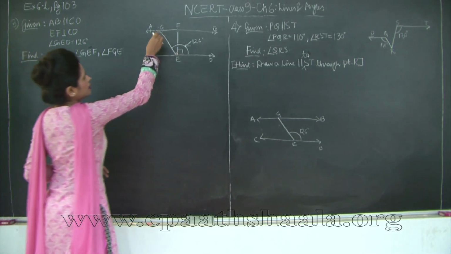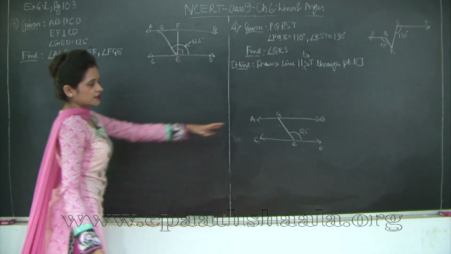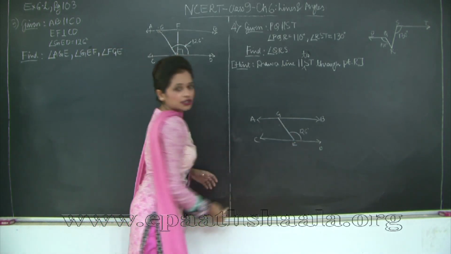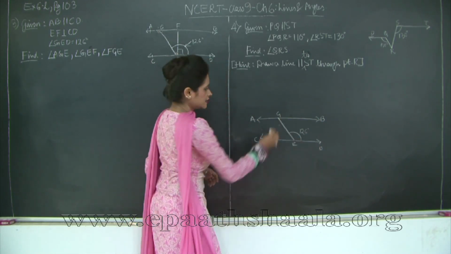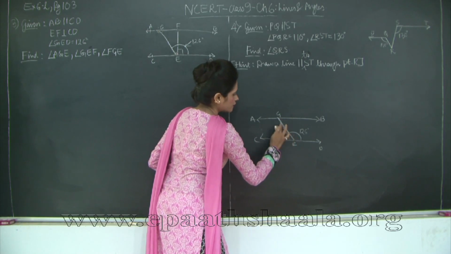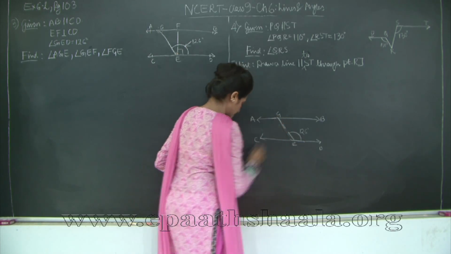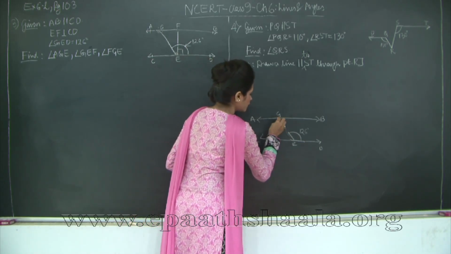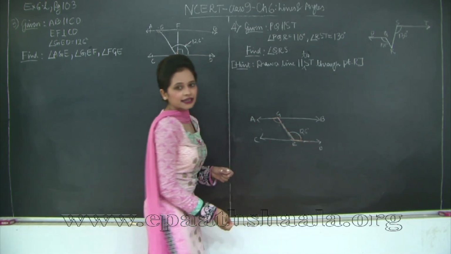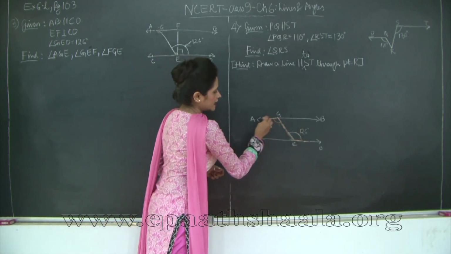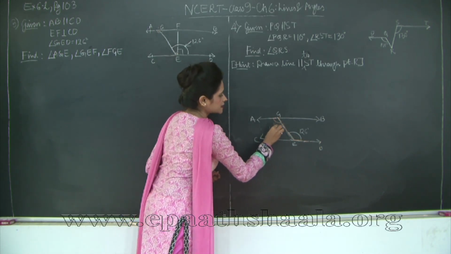So let us take a look at these two lines first. I have AB parallel to CD and GE is the transversal, right. So we need to find out angle AGE. Now AB is parallel to CD and GE is the transversal. Therefore this angle is an alternate pair. If you see, it is like a Z, right. Correct, these are alternate angles. This angle and this angle are alternate angles. Therefore we have angle AGE equal to angle GED. Therefore this angle will also be 126 degrees, correct.